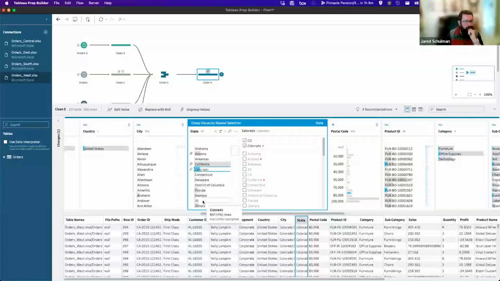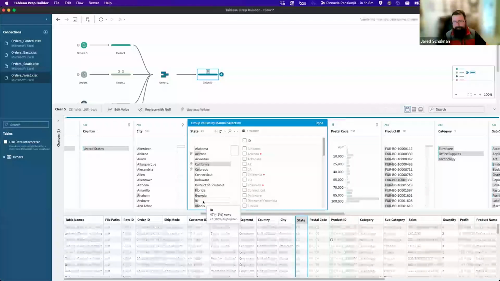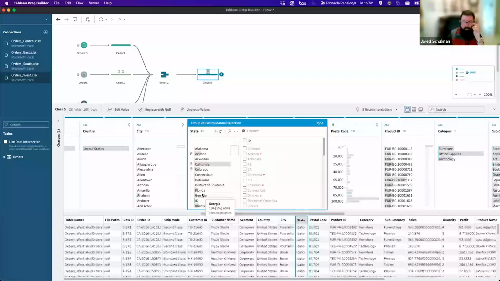And we can get around that by just grouping it here in Tableau Prep. And I'm just double clicking on each of those 2-letter abbreviations and updating them to the correct value.